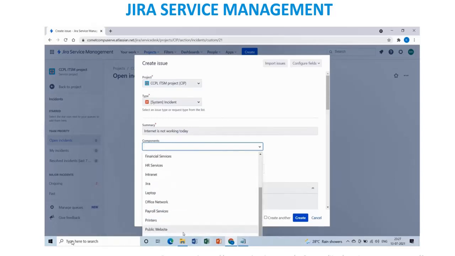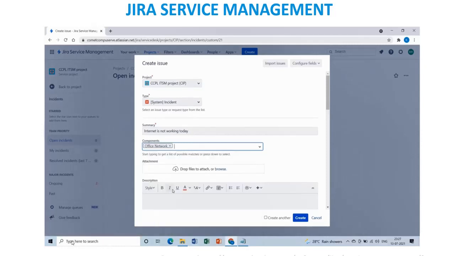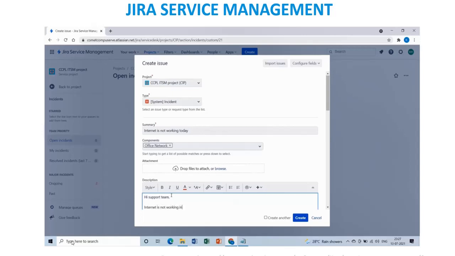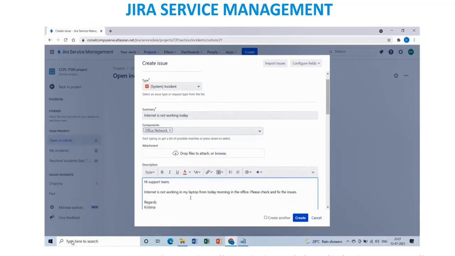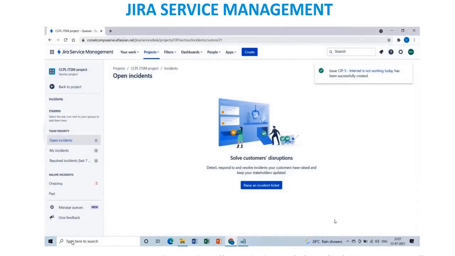So the internet is not working, and choosing the component as network, I start typing the description of it. I'm mentioning the internet is not working on my laptop from this morning. Okay, CAP5, the internet is not working.